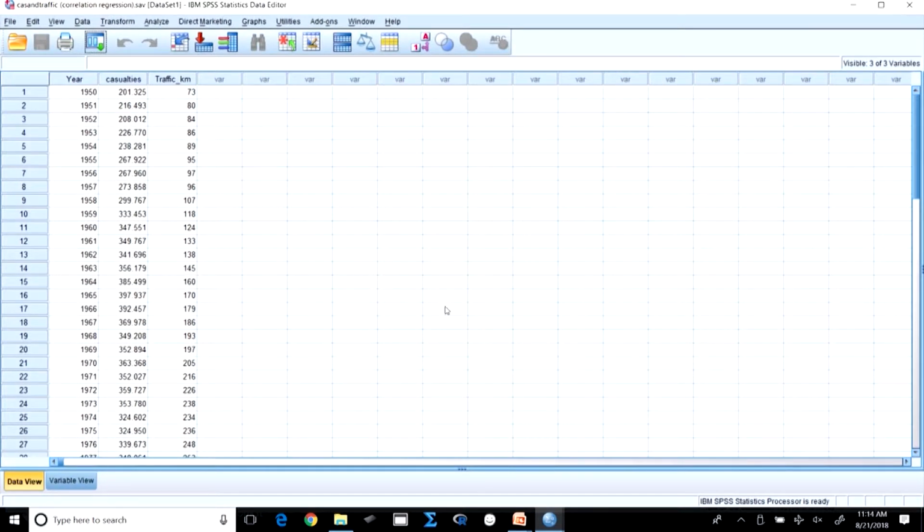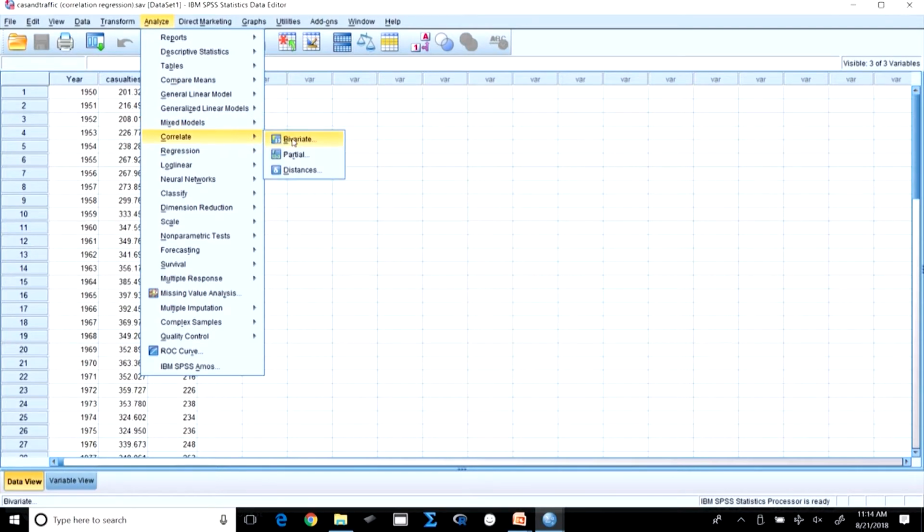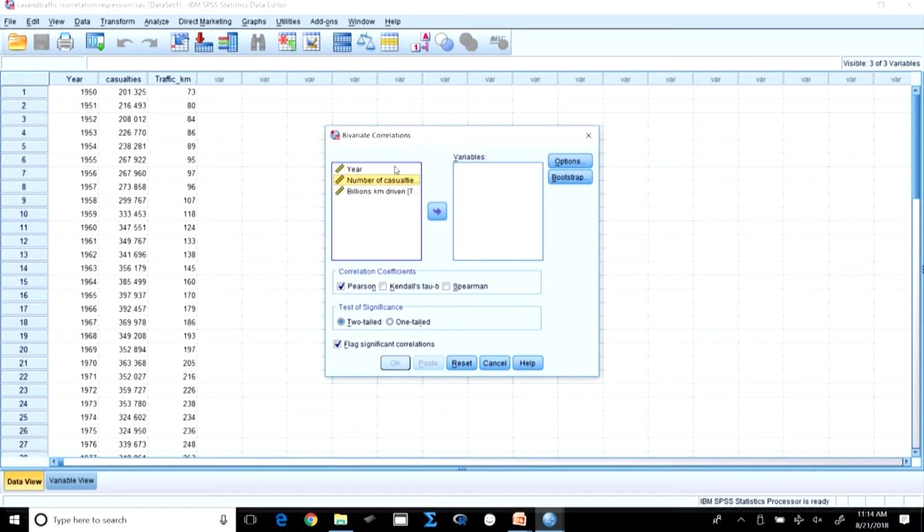Now, let us take this one. Somebody wants to see whether there is a relationship between the distance driven and the number of accidents happening, by, let us say, a bus service provider. Let us see what relationship comes up here. I am taking two variables: the number of casualties happening for a particular bus service organization, and the number of billions of kilometers they are driving.